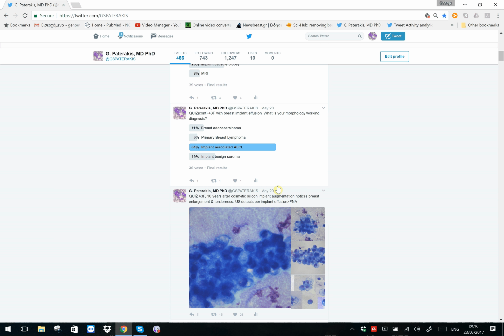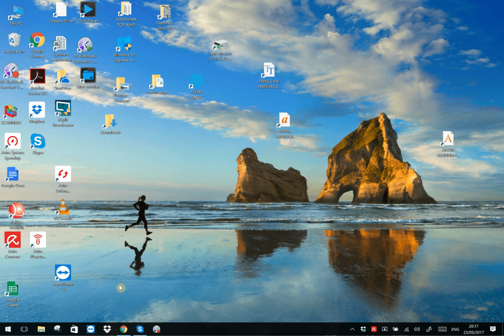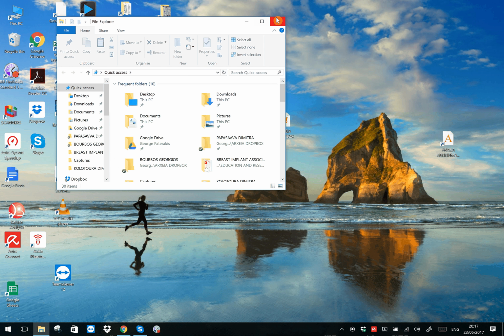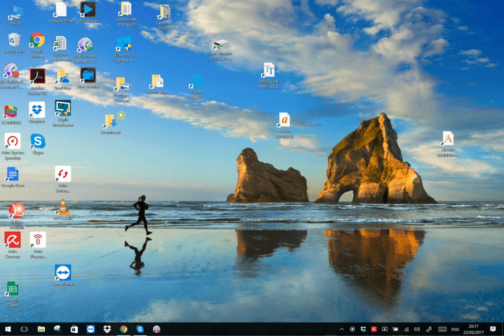And the options provided are breast adenocarcinoma, primary breast lymphoma, implant-associated anaplastic large cell lymphoma, and implant benign seroma. Why do we provide this here to discuss? What are the reasons these options are provided here to discuss in this case? And these options are provided because in